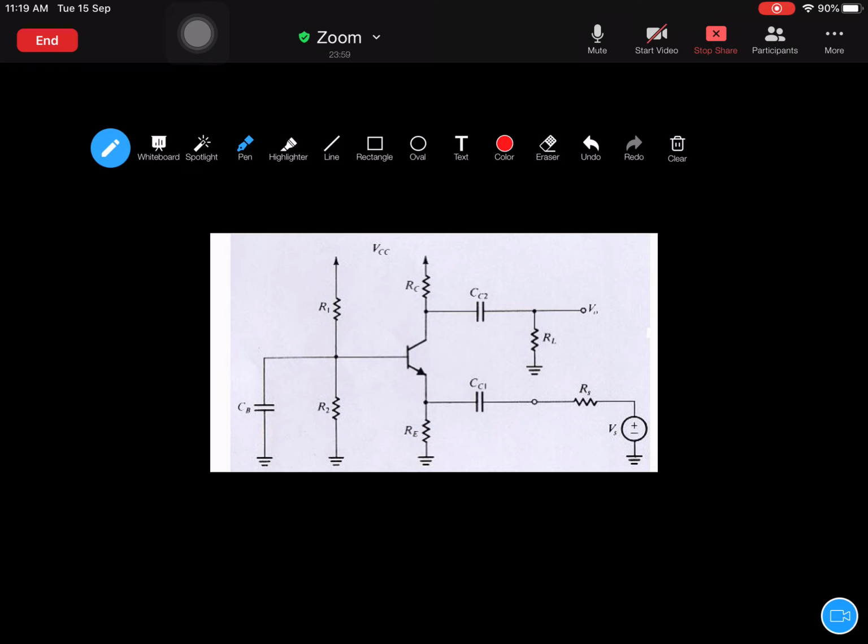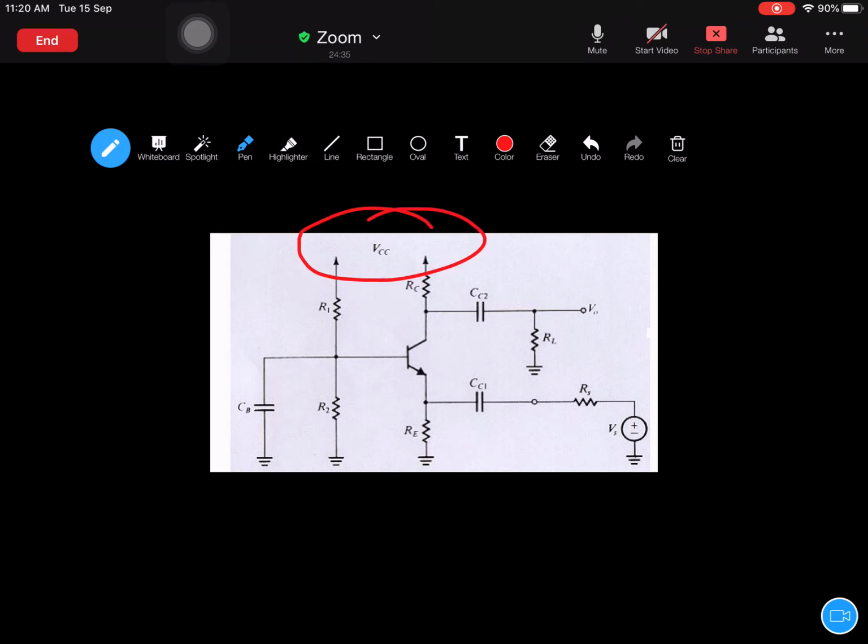In some textbooks they will draw arrows. It doesn't mean it is moving to infinity. It means that it is moving towards VCC. It will go and connect to VCC. In some textbooks you will see a diagram like this, with plus VCC, both connected to plus VCC. In some textbooks they will show it like this; both are one and the same. If they connect these two terminals and connect them to plus VCC, that is also the same.